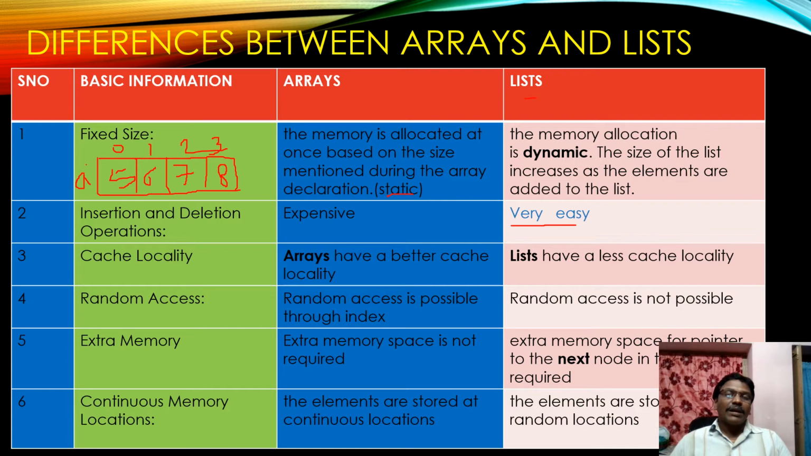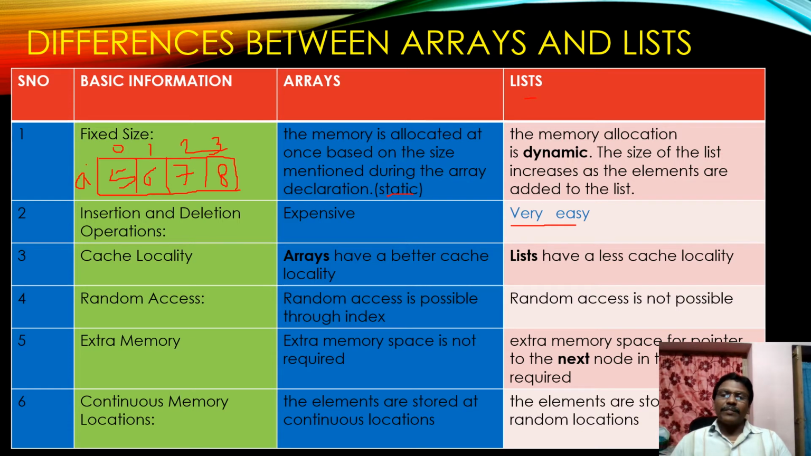Sorry. The extra memory space is not required because the value is directly stored. 5 is only an integer value, so it's stored in 2 bytes. Like the same type, any type of data structure or data type can be stored. No extra memory usage. The extra memory space for a pointer to the next node in the linked list is required because